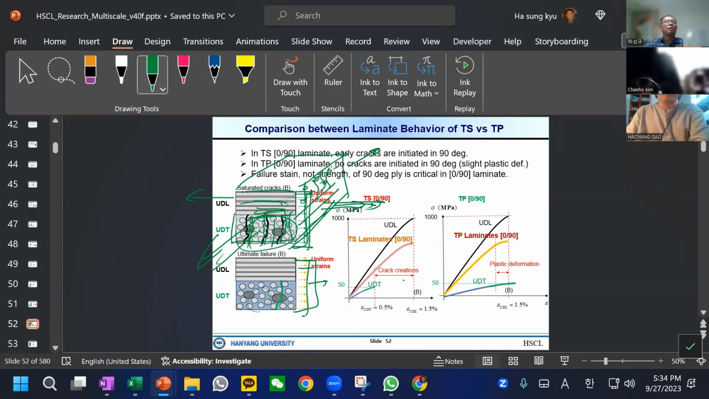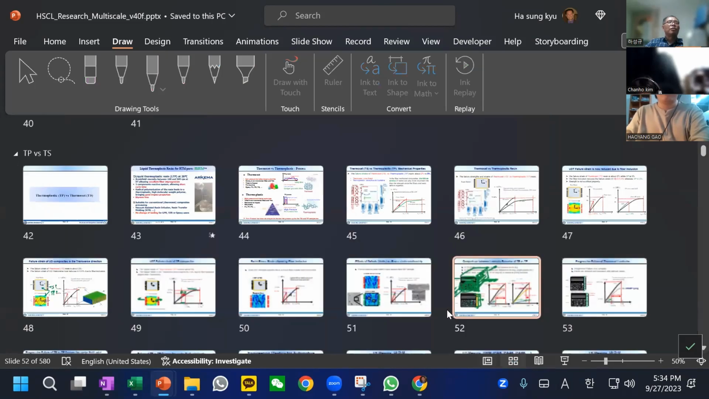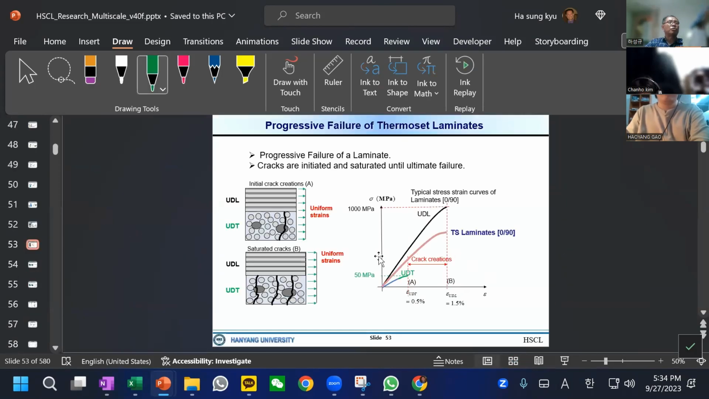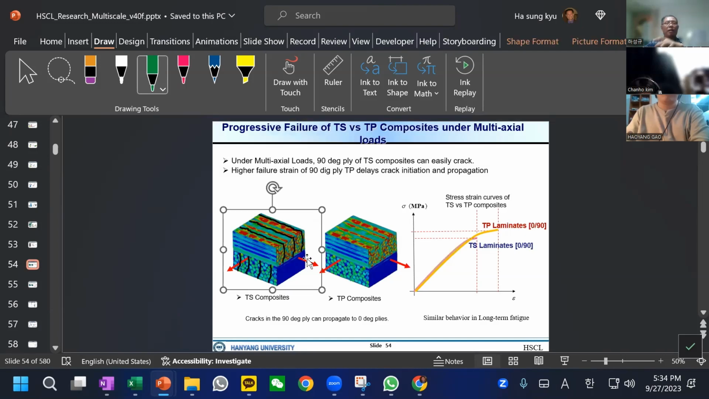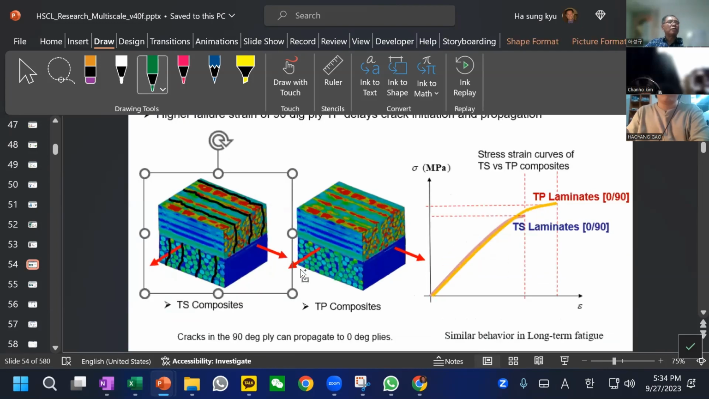So this is another advantage of a thermoplastic. Well, you don't have to understand everything, but I just want you to have a general idea about the thermoset and thermoplastic. This is the real simulation using the